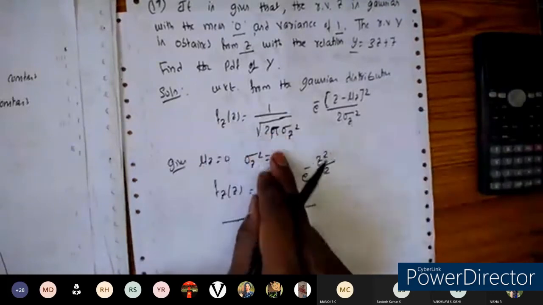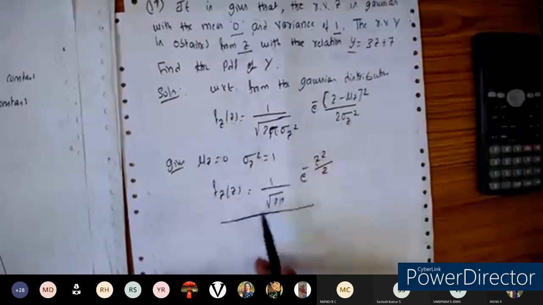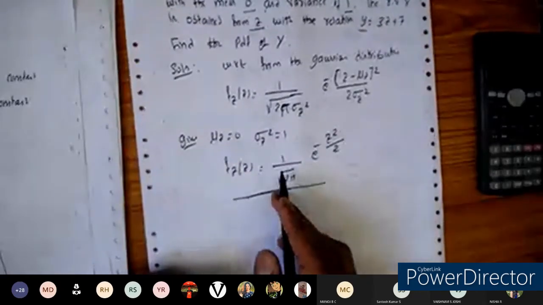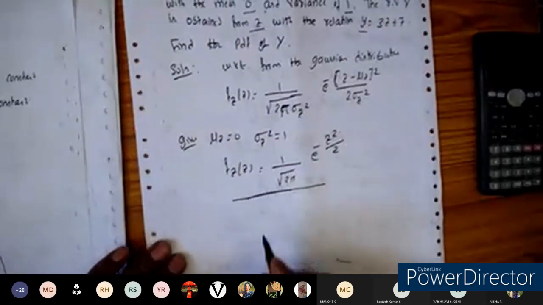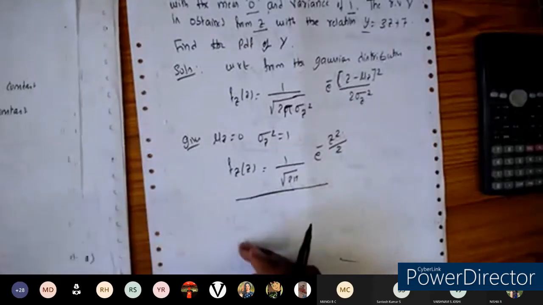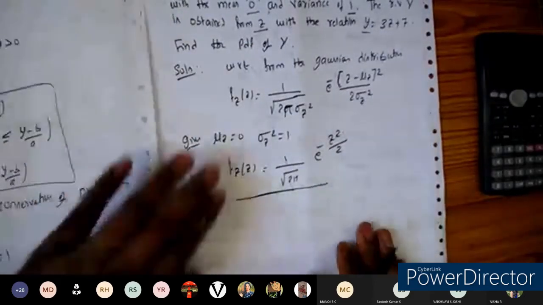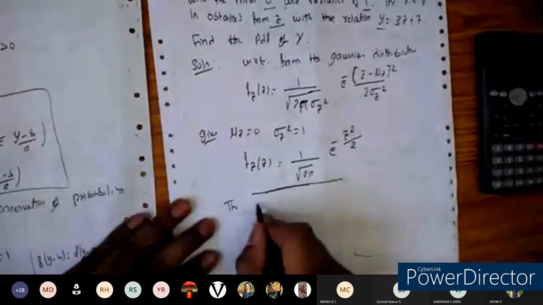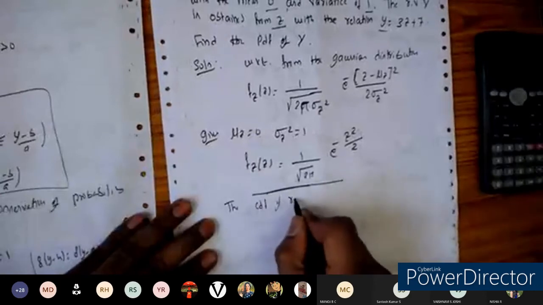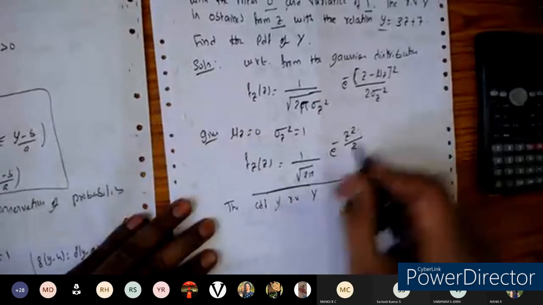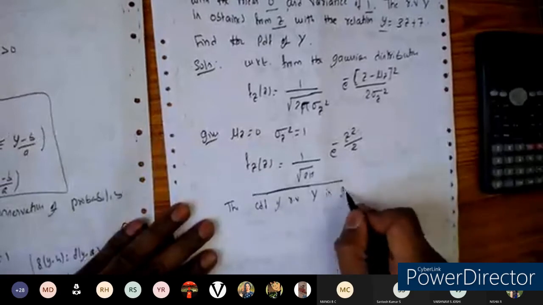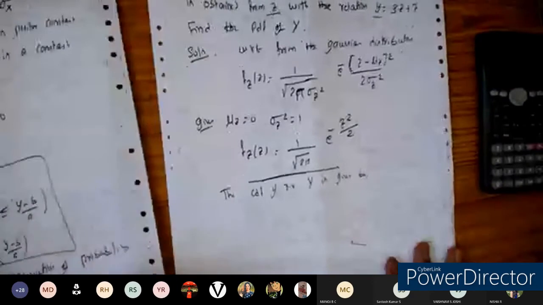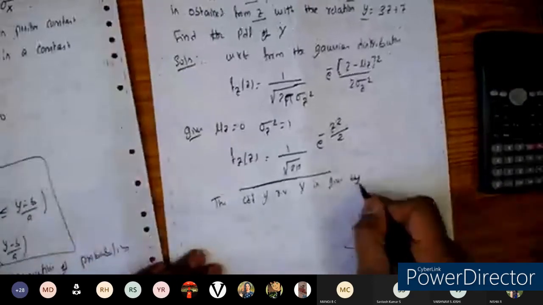Okay, so we took the Gaussian distribution formula in the last class. We substituted the mean and the variance, and we got this here. Now we need to find out the new random variable y. By using the relations from the previous concept, let us find it out. You can take the CDF of the random variable y.